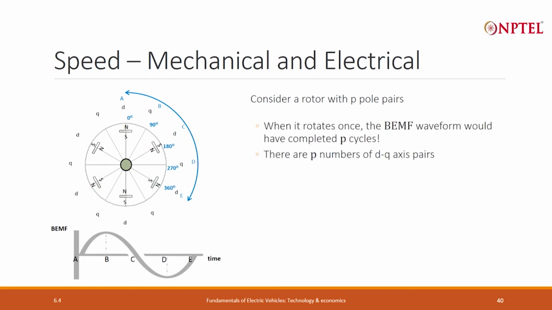So, because there are P pole pairs, every successive pole pair, I told you the magnetic flux flows from north to every successive south, and again to the north and again to the south. If I were to draw the dq axis, I will find that there are P sets of dq axis here. Here is a d axis from one magnet to the other, next successive one. Likewise, there is a q axis which is in between them,